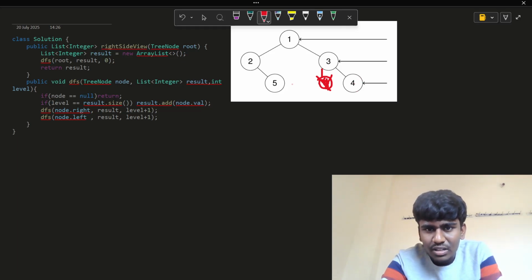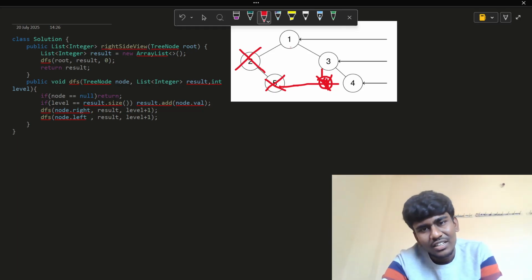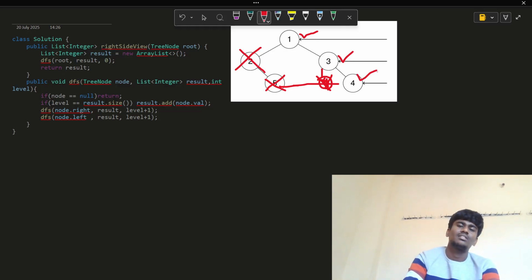The same reason applies here also. Even if this is right or left, it doesn't matter, they're on the same level, so we will discard this node. If you see this node, this is the right node and this is the left node, and they're on the same level, so the right node is dominating and not letting us see the left node, so we don't add it. But the root node is a single node, and if you see from the right side you will get the view. So you add this one, this one, because you are seeing from the right side, right? We just need to add them in the